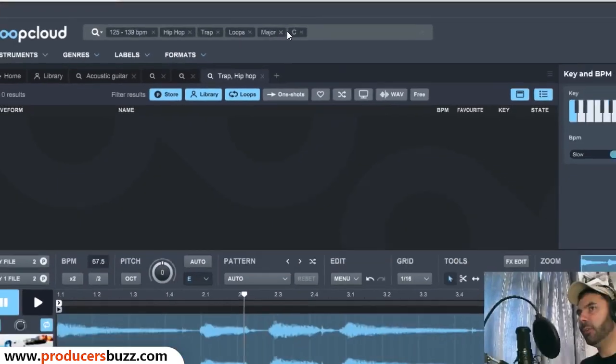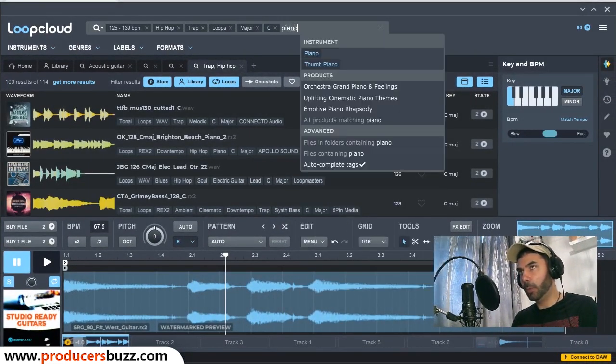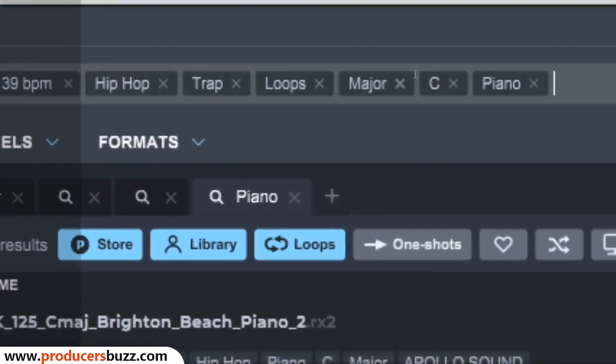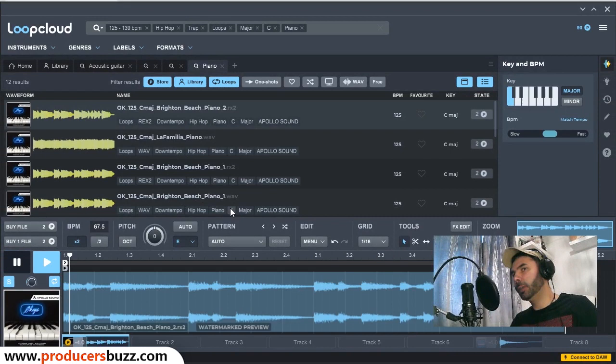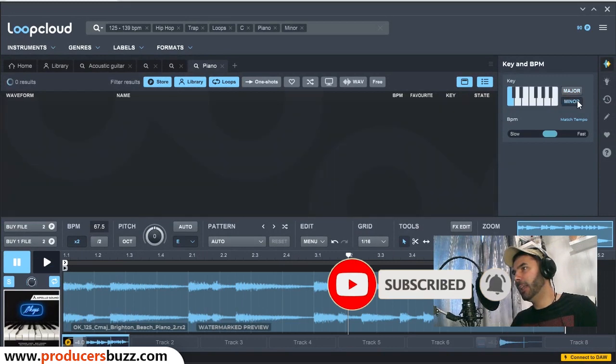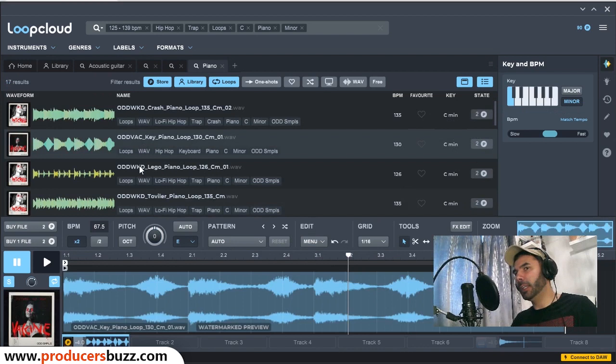Let's say we don't want the synth, but we want to add a piano. We can fix that just by deleting that synth and adding a piano at the top. We have now searching just for piano loops being C major. How cool is that? We can take minor, you know, C minor kind of loops, and again